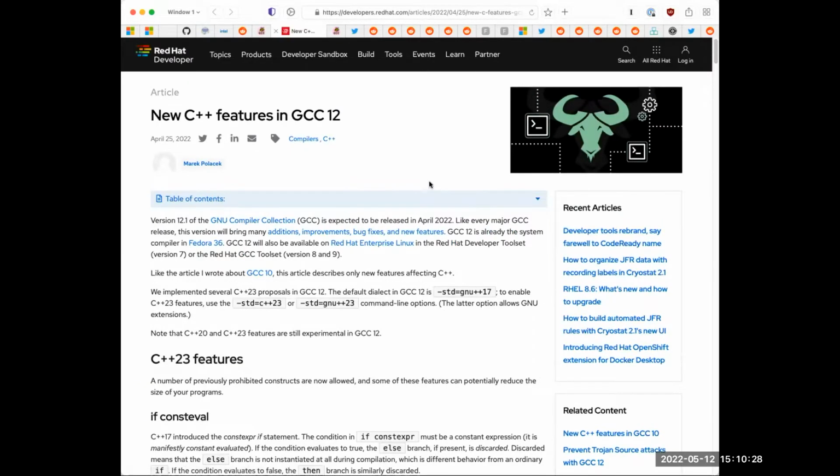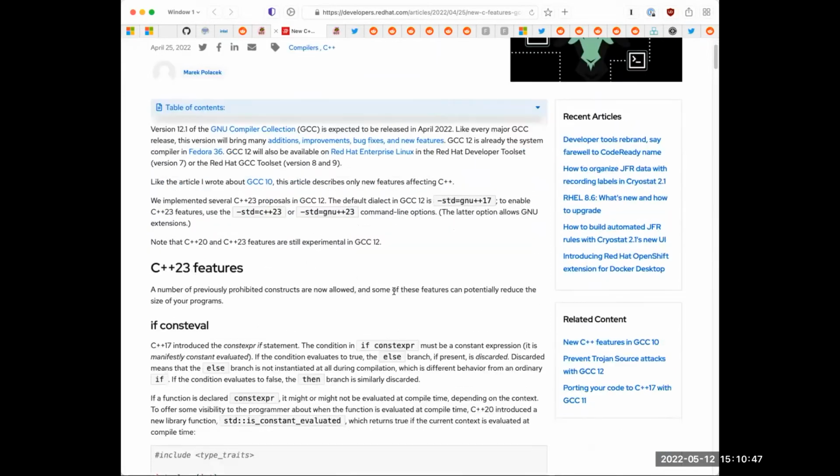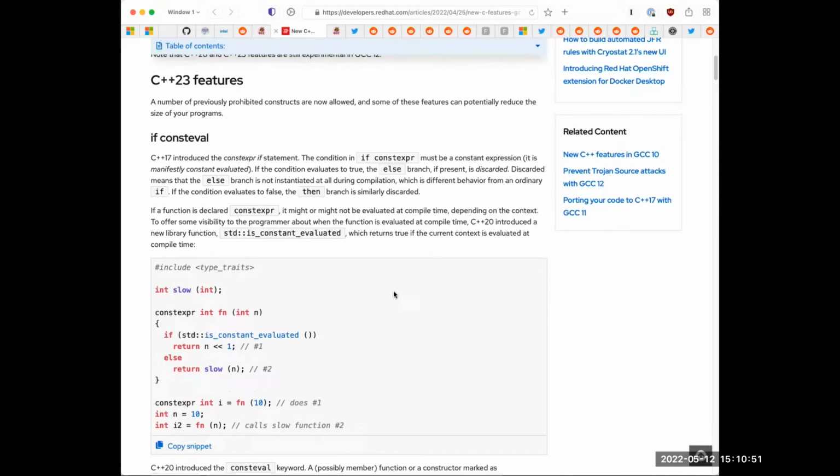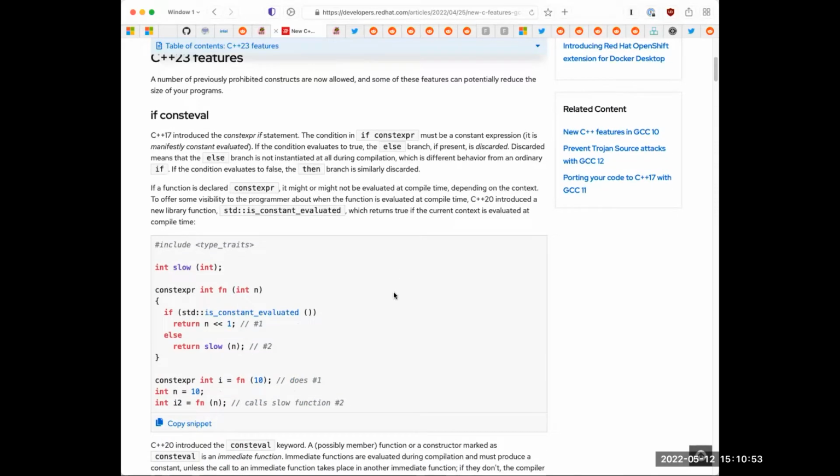It looks mainly relevant to C, not C++. CTF is Compact C Type Format. Improved C++20 support, still no modules though. And improved experimental C++23 support. There is an article on the Red Hat blog which outlines the new C++23 features in this version of GCC, like, for example, if consteval,